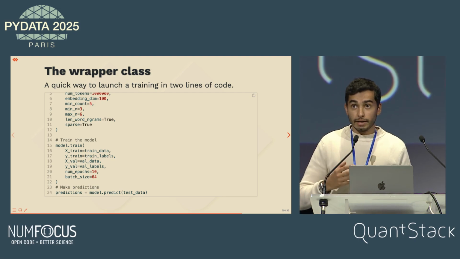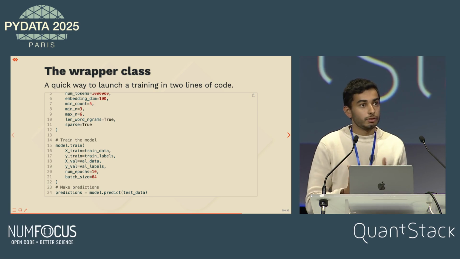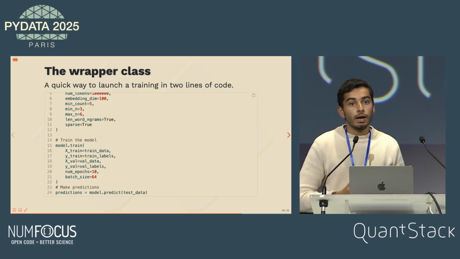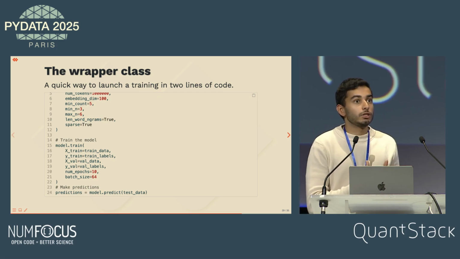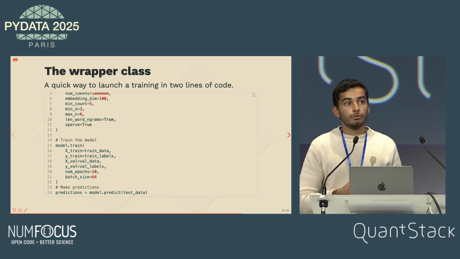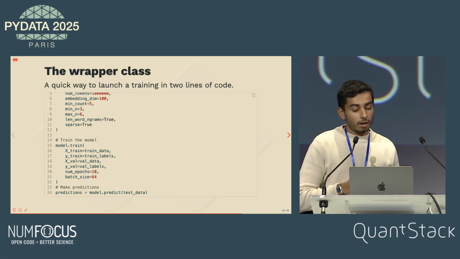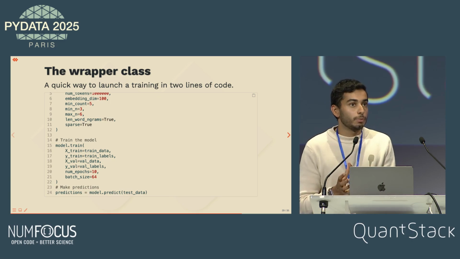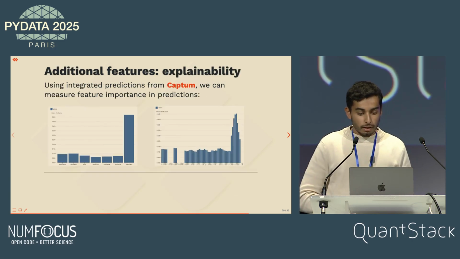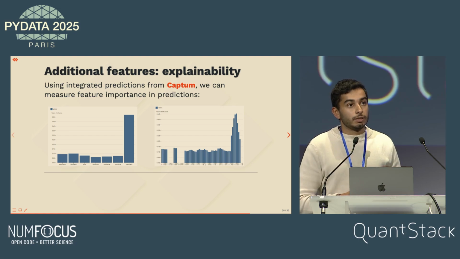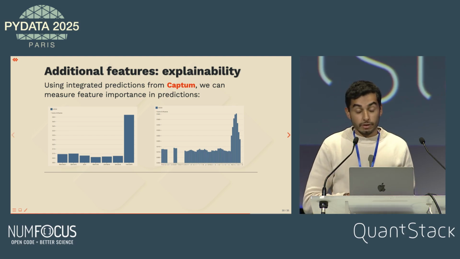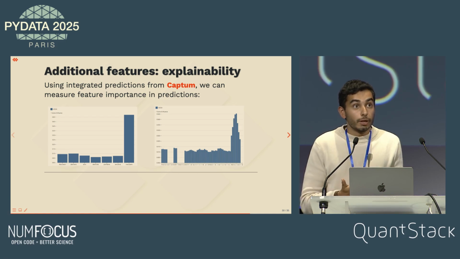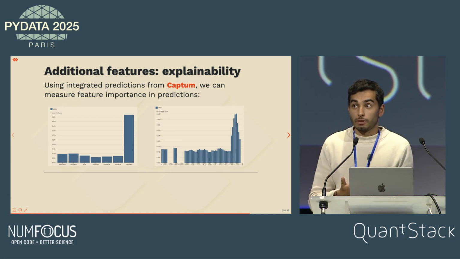So the idea is to target people that are not used to PyTorch but want to have some text classification use cases, maybe accustomed to the original fastText package, and the idea is to ensure a smooth transition between all the pipelines that were in fastText into these PyTorch-based models. And so an additional feature such as explainability, we're using here Captum, which is a library in Python to explain predictions from